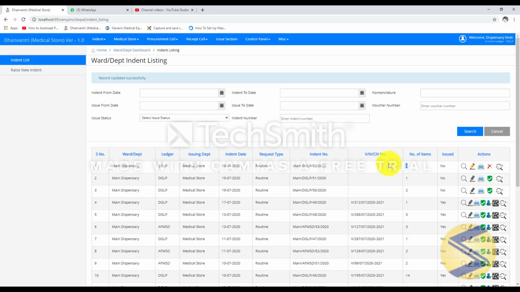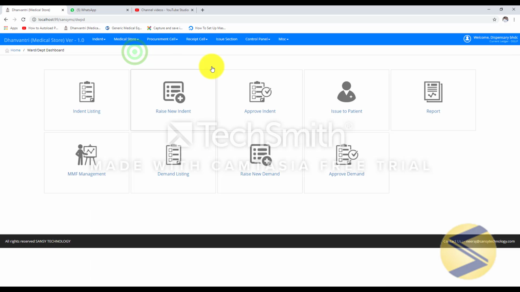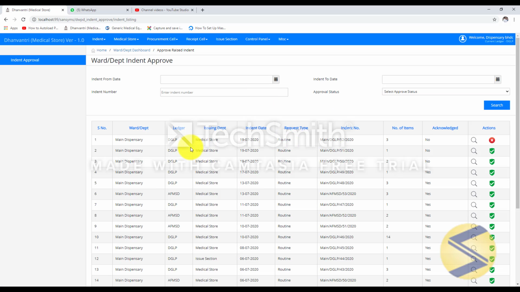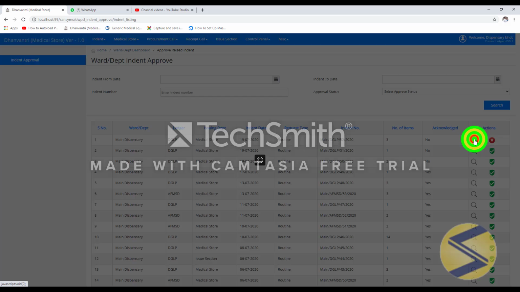To forward this indent electronically to medical store, MOIC of concerned ward and department has to approve this indent. Approval can be done from Approve Indent tab. To approve an indent, you need to click on View icon under Action column.